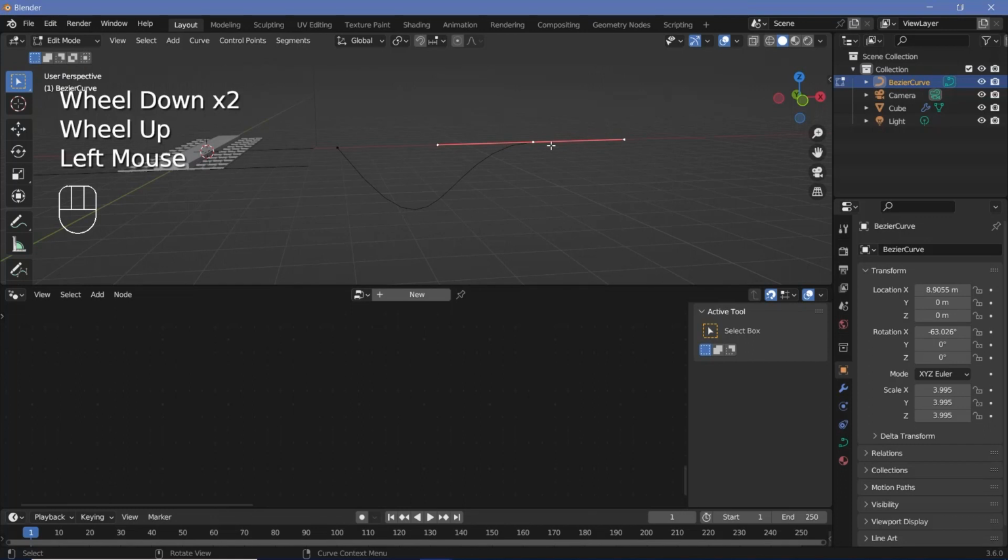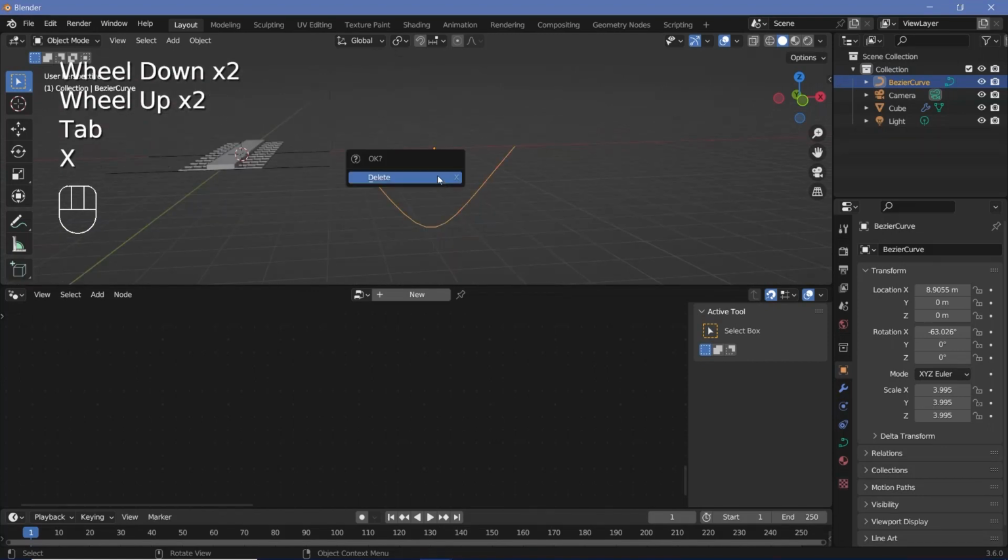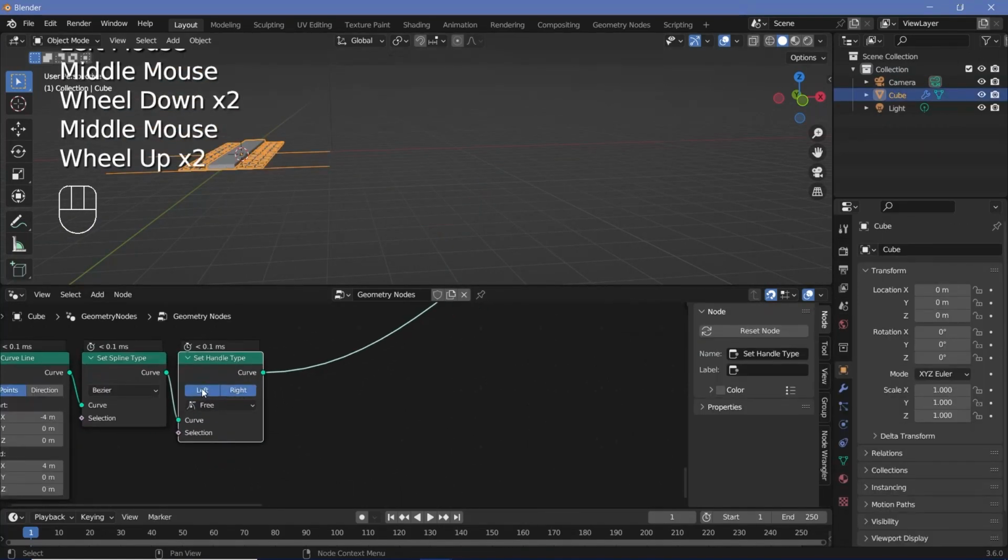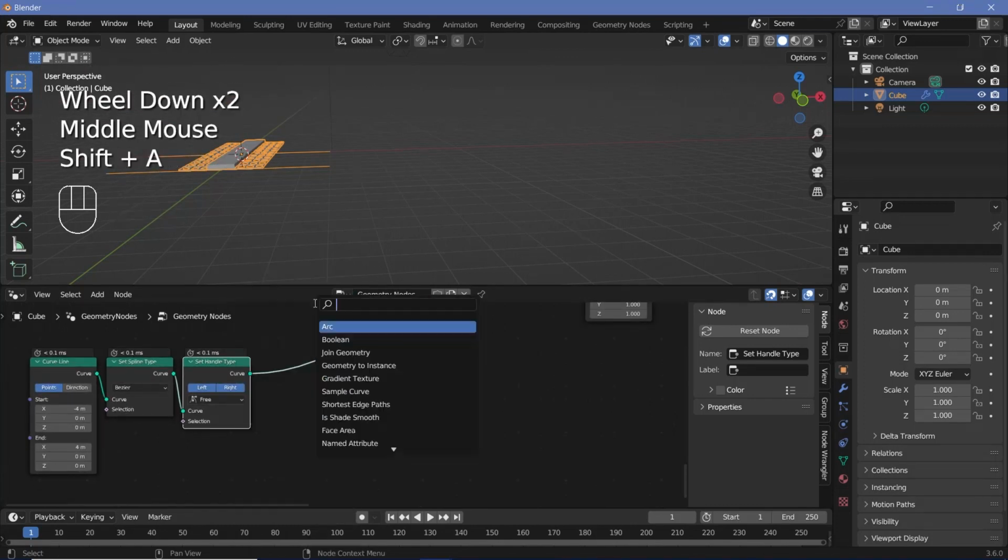That way on this one as well, I can make it free, select this one and just go G Z, and that way we'll get this particular shape. So let's create that exact thing in geometry nodes. So now, since both of these right and left have been set to free, I can choose each handle and